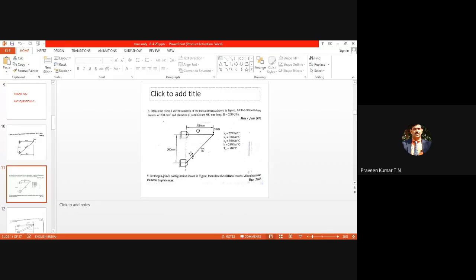So again, no difference. One force is given, only the dimensions and boundary conditions are different. Don't worry about this. I think by typing mistake, your heat transfer problem has come here.